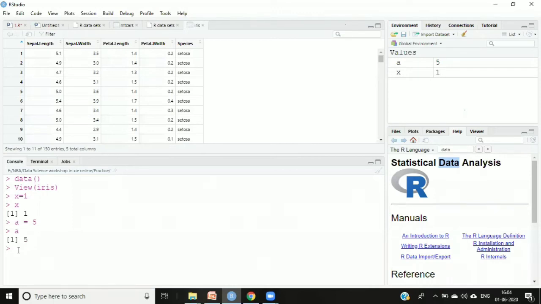One more thing. Those people who are typing on a mobile phone, it's a little bit difficult to type on the mobile phone. What you need to be careful about when you are assigning a value, for example, a equal to 5, is that after that you just put one space, and then you say enter.